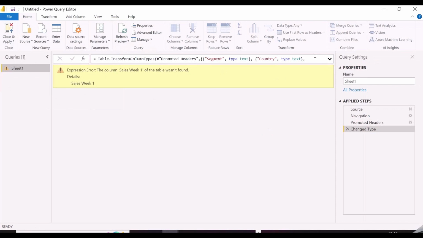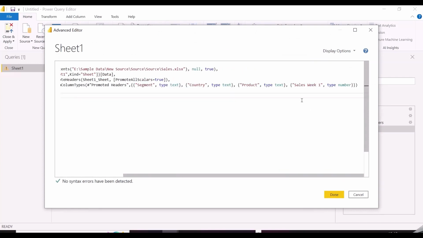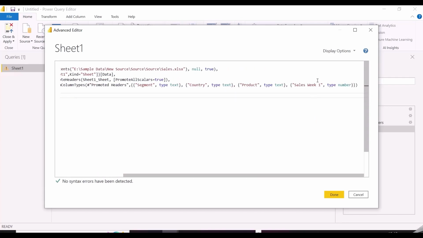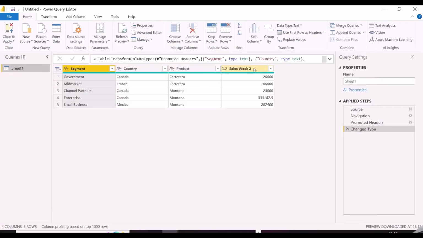This error is because there is an automatic data type change transformation done for every column name, and it is still looking for the previous column name. So how to solve this issue? One solution that comes to mind is to change the column name as per the new column name in the data source. But you will have to do this each and every time, and that is not a proper